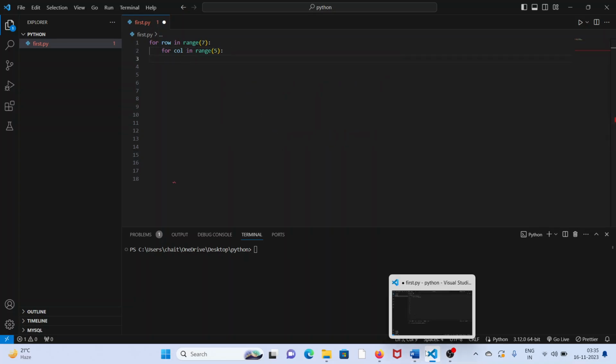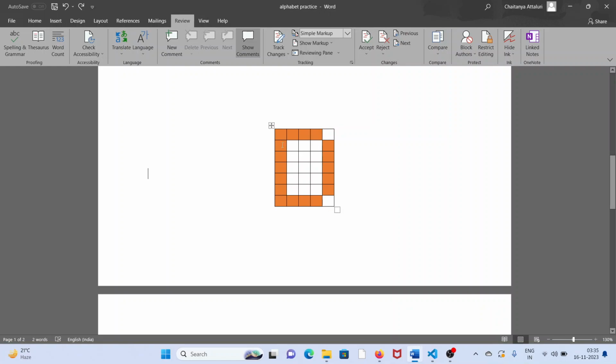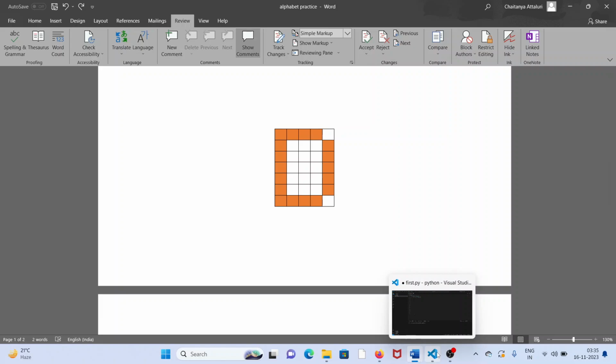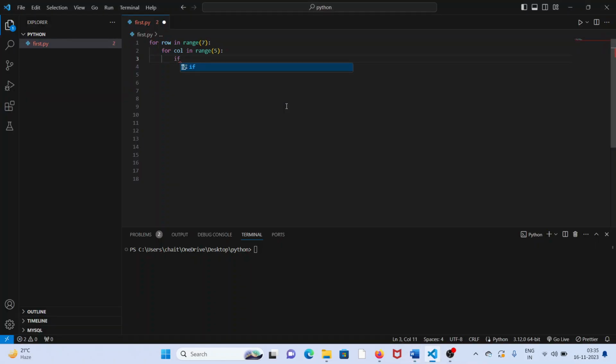Okay, so now how is the pattern? Where to print stars: the zeroth row position and the sixth position, and zeroth column, first column, second column, third column. So we have to print stars there, in the orange positions. If row in 0 comma 6